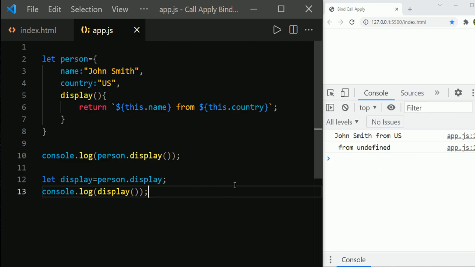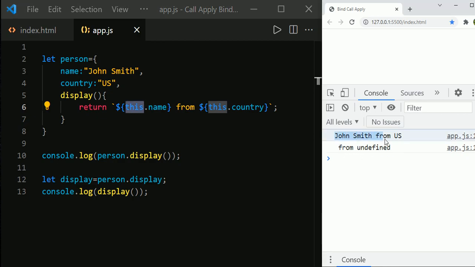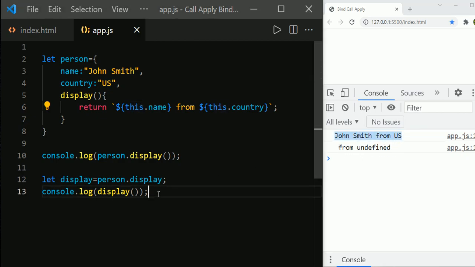So why is it displaying undefined? Now when you call the display function, this keyword is referring to the window object instead of the person object. That's the reason we get the result from undefined instead of getting the result John Smith from US. And here you can see just an empty value for the name.